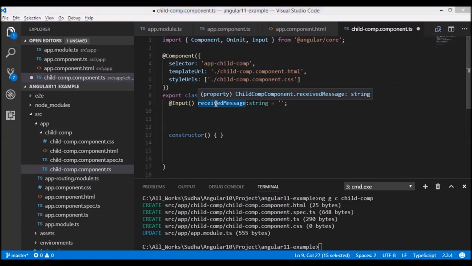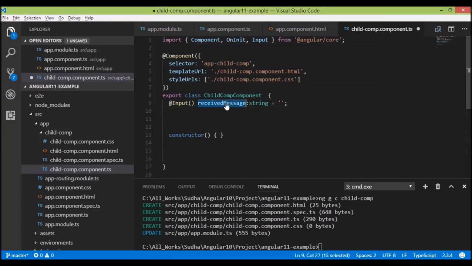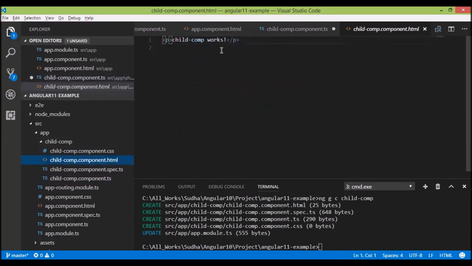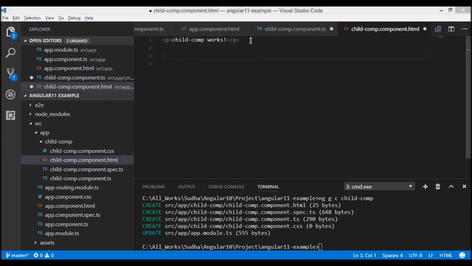If I want to display this message, how would I display this message? Simply by interpolation. Any message that we want to have from that, we can write it inside my interpolation. So how do we write interpolation? String interpolation. Whatever message my parent is passing, it would be displayed over here.